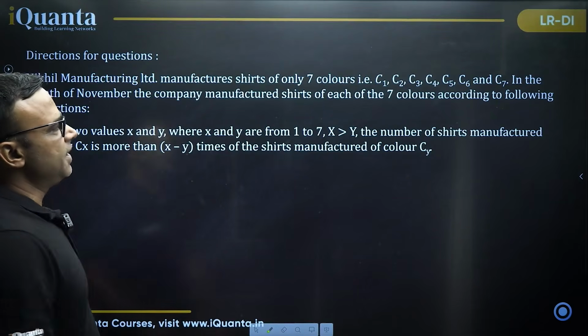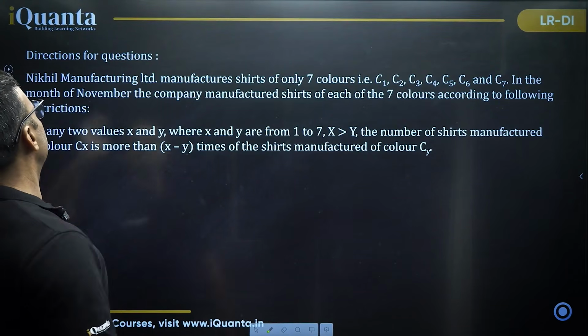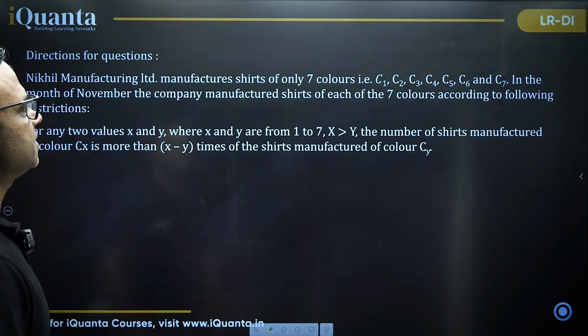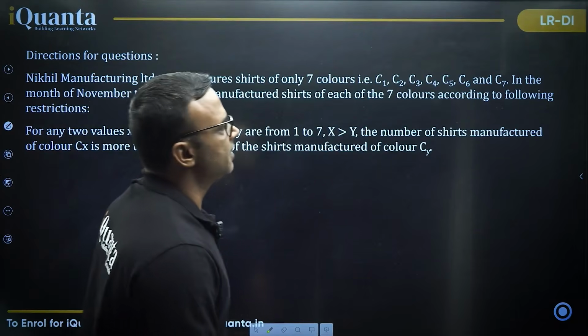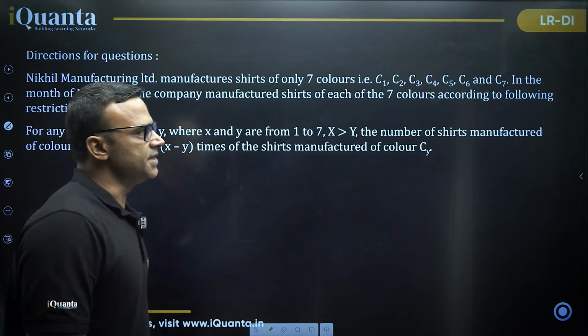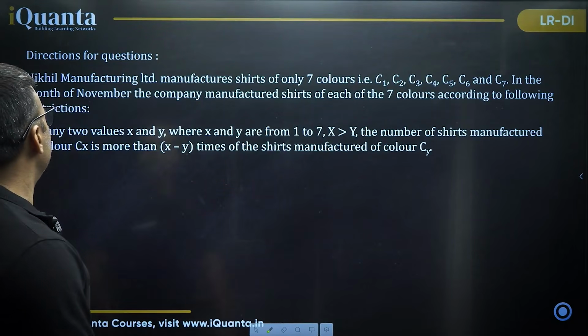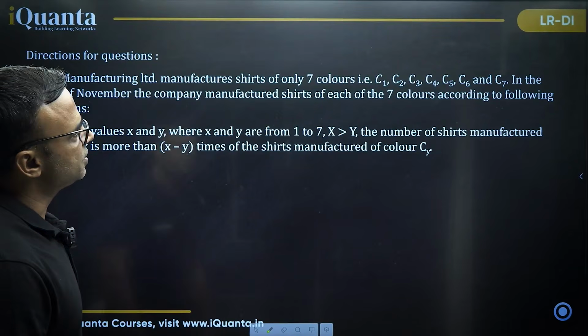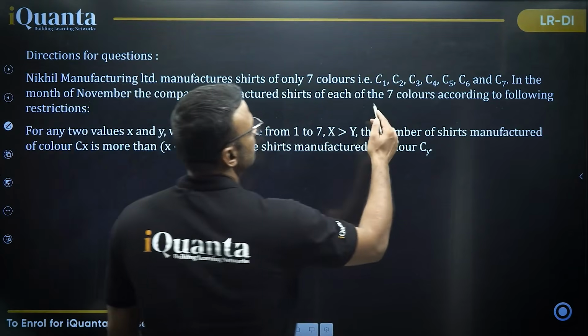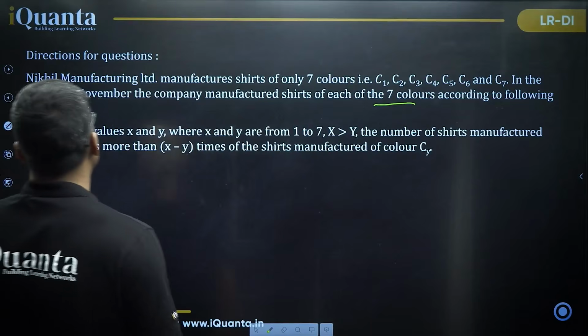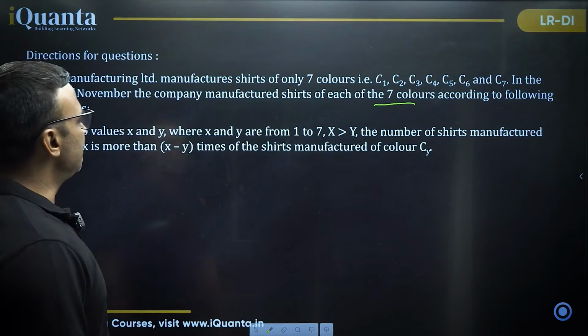This one is again a very interesting set. It says Nikhil Manufacturing Limited manufactures shirts of only 7 colors: C1, C2, C3, C4, C5, C6 and C7. These are the colors. In the month of November, the company manufactured shirts of each of the 7 colors according to the following restrictions. For any two values x and y,